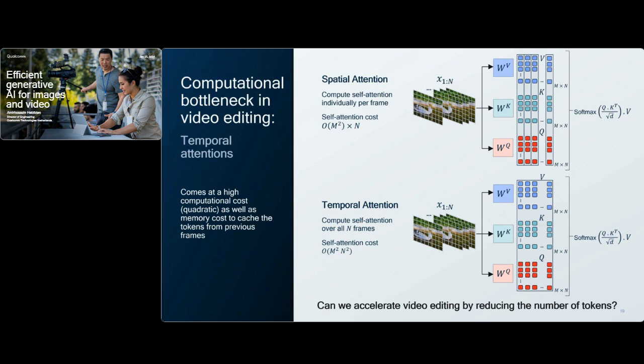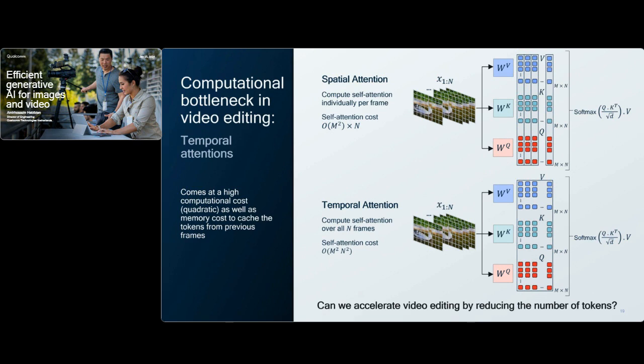For the temporal self-attention, each token can attend to each of the m by n tokens within the video. That results in a higher cost of m squared n squared, which actually grows quadratically with respect to the number of frames. In addition to its high computational cost, temporal attention also introduces a big memory overhead,